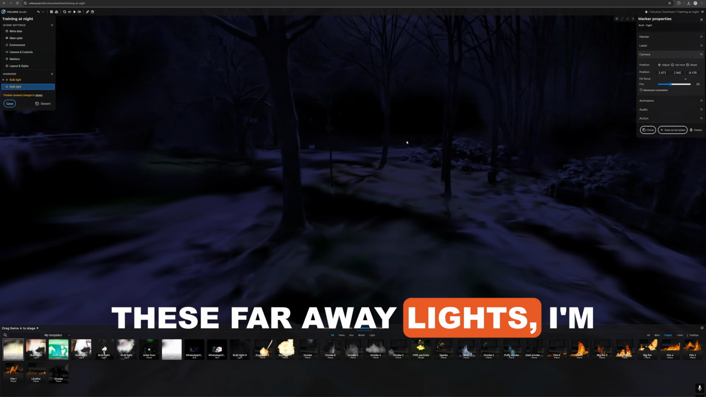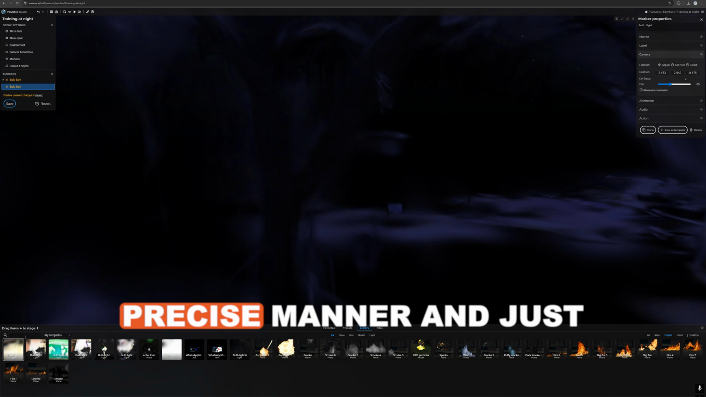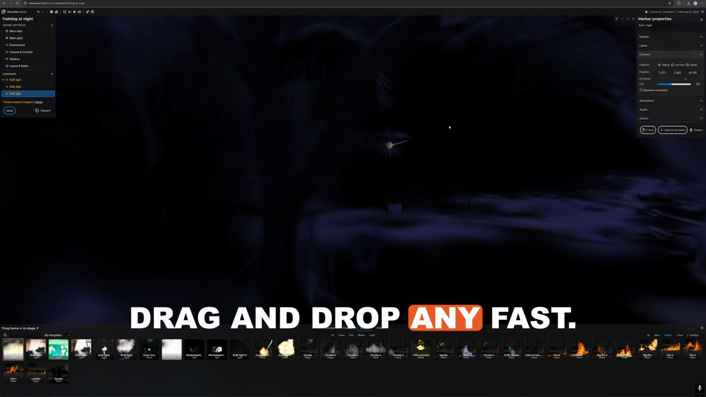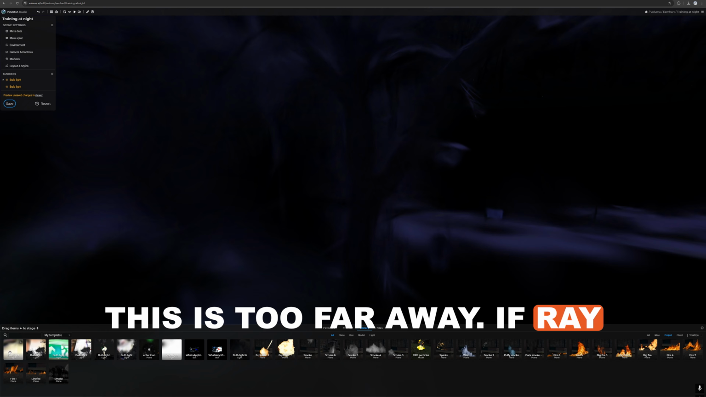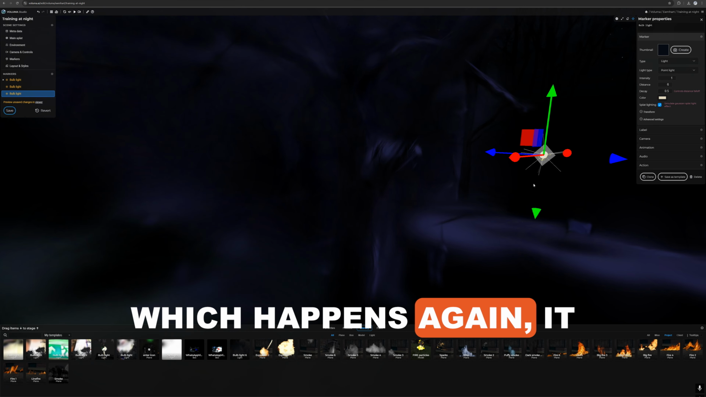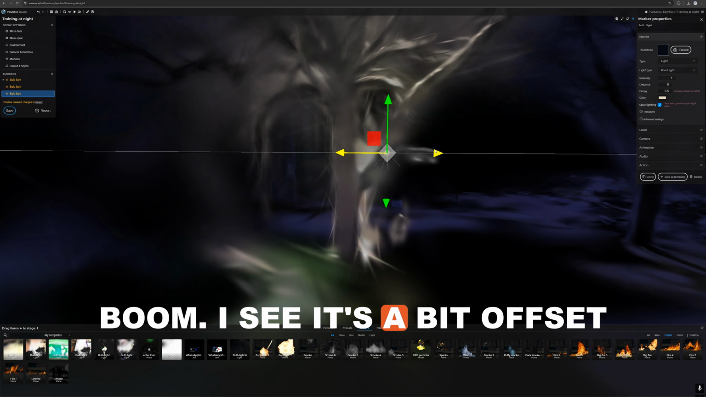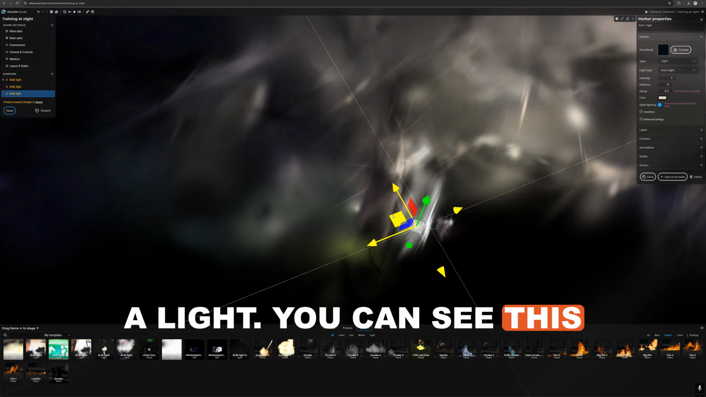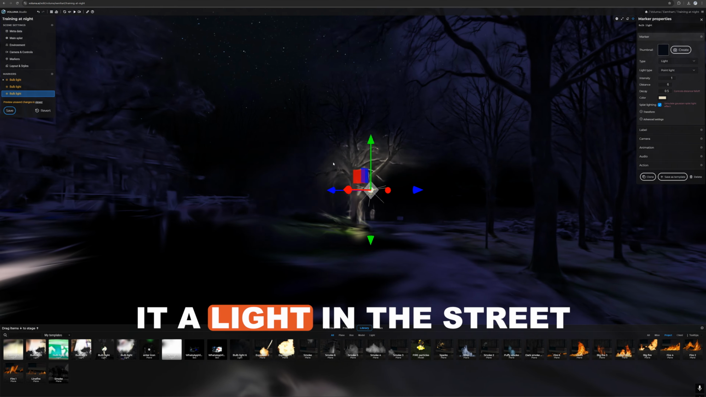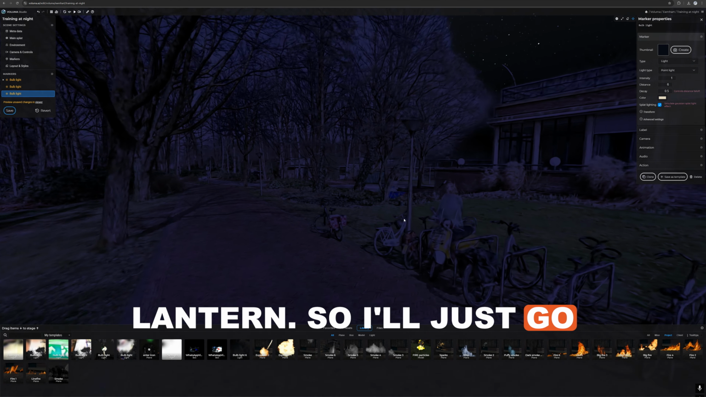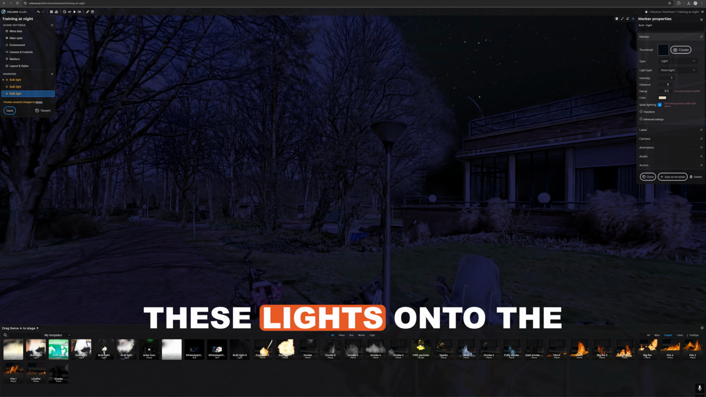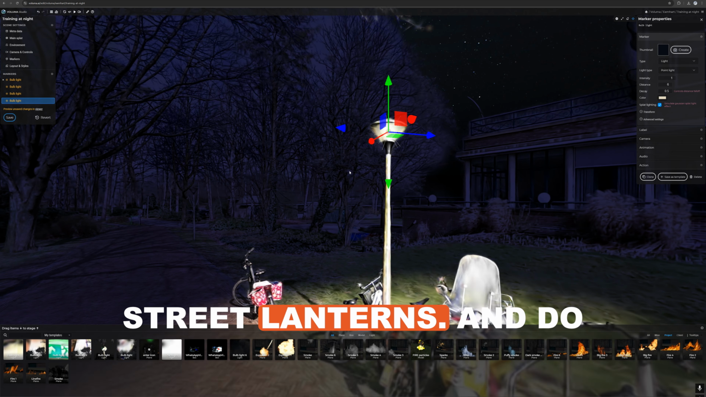So these far away lights I'm not going to adjust in a precise manner, just dragging and dropping really fast. This is too far away. If the raycast behind the light happens again, you just boom. Now I see it's a bit offset. You can see this light is, you can even call it a street lamp. So I'll just go ahead and drag and drop these lights onto the street lanterns, and you could do this